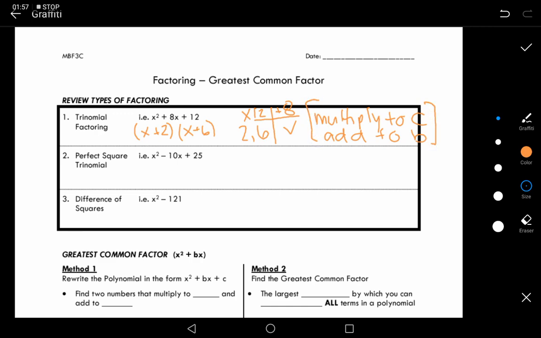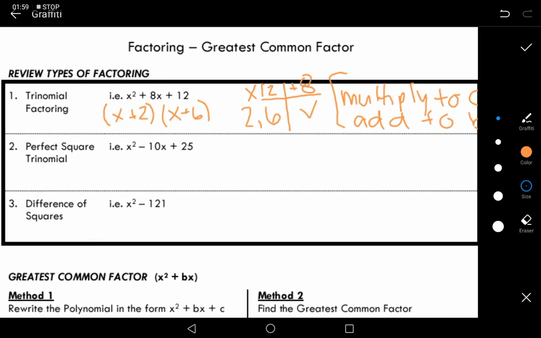The second type of factoring that we looked at was the perfect square trinomial. Remember, the formula for that is that it's going to factor to equal a plus b squared. Always going to factor to a plus b squared. Again, if you don't recognize that, just do the chart. That's absolutely fine. So we need 2 numbers that multiply to give us 25 and add to give us